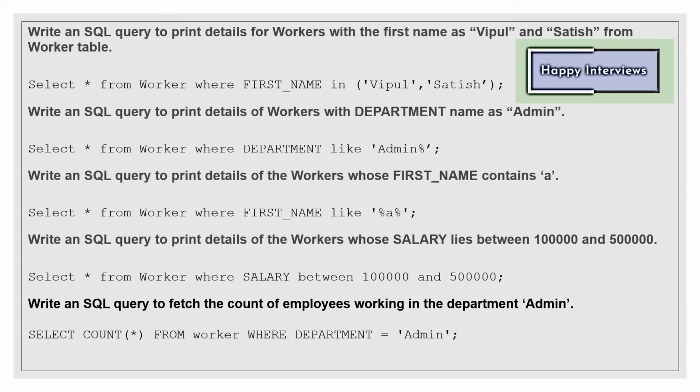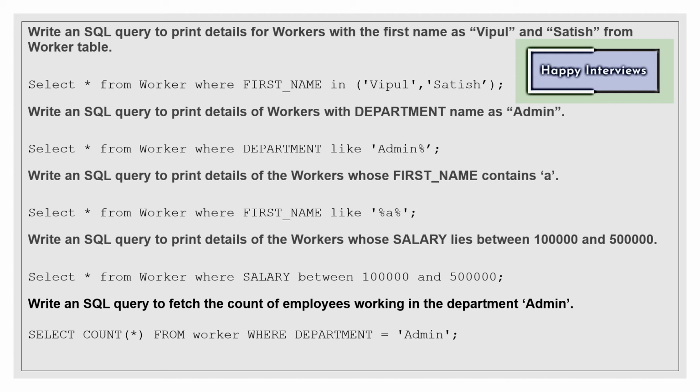Same way, if they had asked that a is present at the beginning of the string, how would we have written it? a and then percent. The first percent we would not have given, only a percent if it begins with a. And same way, if someone says the name is ending with a, then the last percent would not be used. The last character is a and before that we will use a single percent.